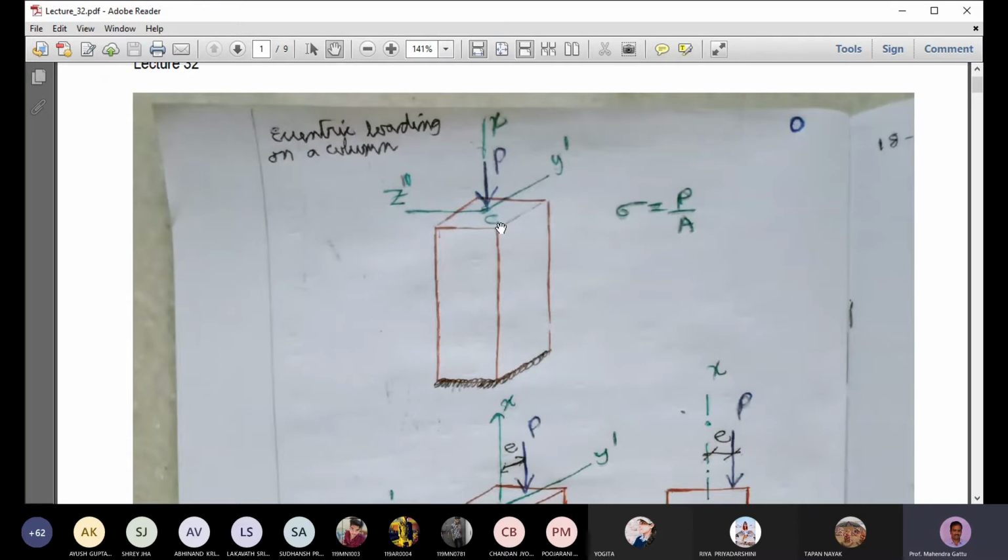we'll discuss a column which is subjected to eccentric loading. So here you see a rectangular column of length L, and you can see the transverse cross section, which is a rectangle, and the centroid of that transverse cross section is C. At that centroid, we have three axes: x prime, y prime, and z prime. So y prime and z prime are parallel to the rectangle of the transverse cross section, and the load P is acting on the centroid.